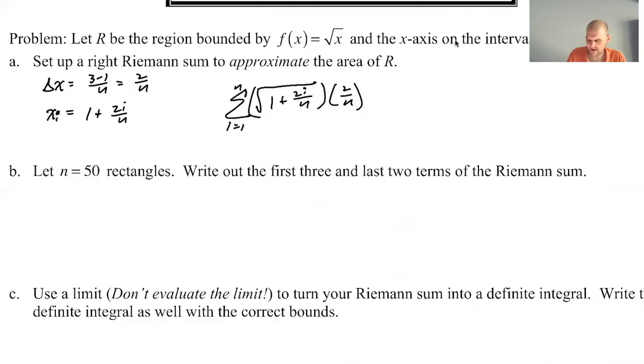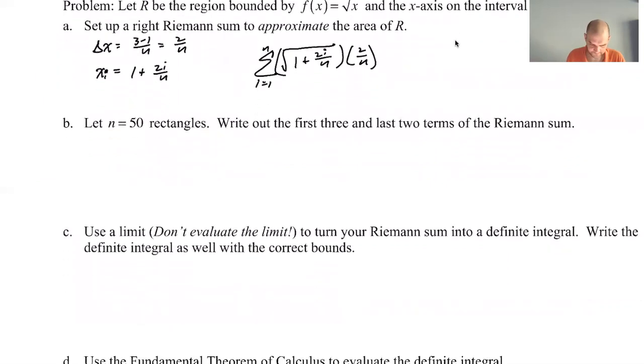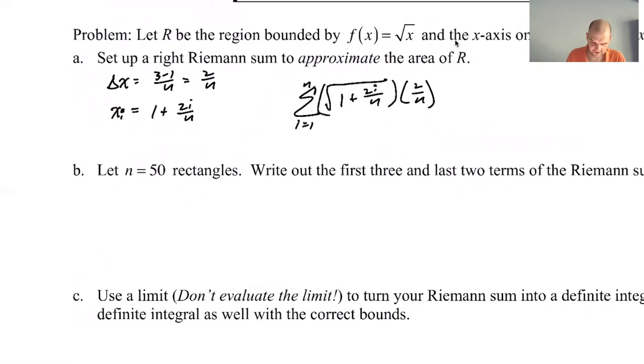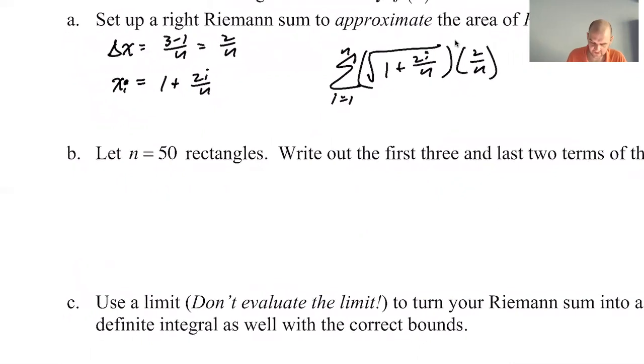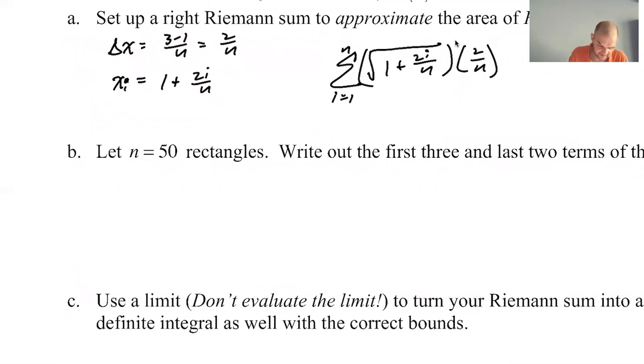of the Riemann sum. The reason I think this is important is that there's an entire classification of problems where all you're doing is looking at expanded Riemann sums and deciding what the function is, what the bounds are, and then you apply the fundamental theorem to it. So we're basically creating those problems. We're saying that the integral from 1 to 3 of the square root of x dx is approximately, using n equal to 50 here,